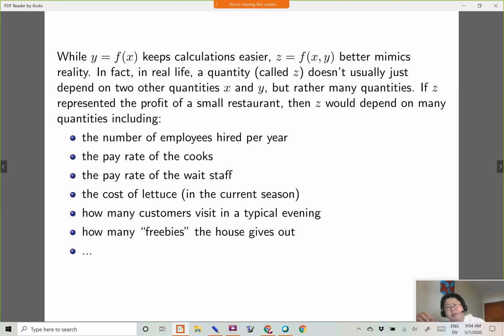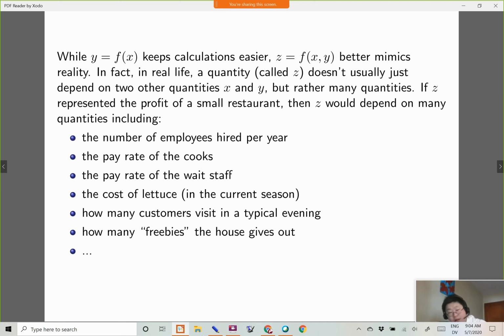If z represented the profit of a restaurant, then z would depend on many quantities. And let me clarify what I mean by quantities. I mean anything that you would attach a number to, right? So I just made a small list. I've never run a restaurant or worked in one, so I can't really speak to these things. But you can imagine that the profit of